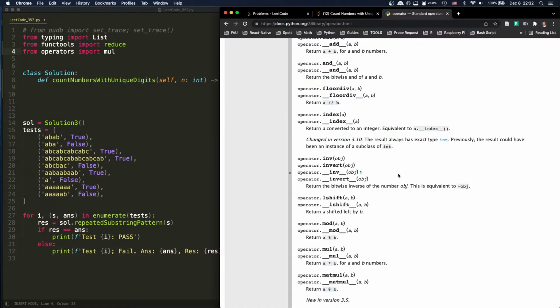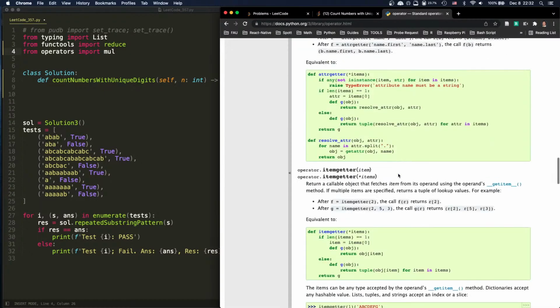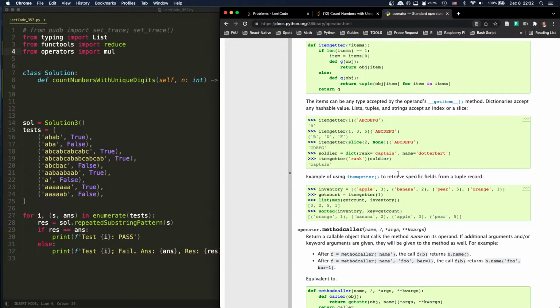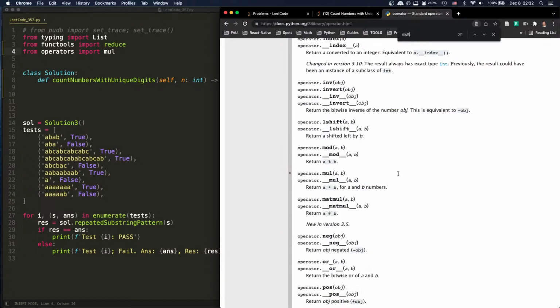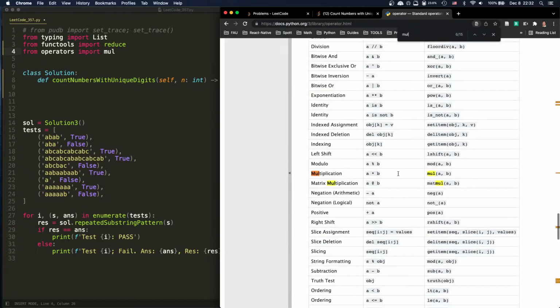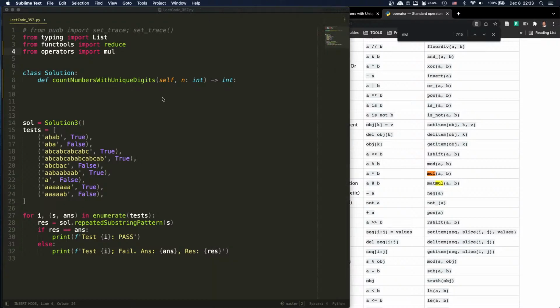Multiply. Yeah, it's mul. I see it. Mul a, b. Yeah. So go ahead and import mul, and then we're just gonna return, right, 9 times reduce